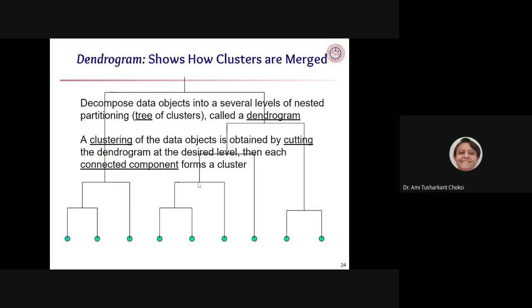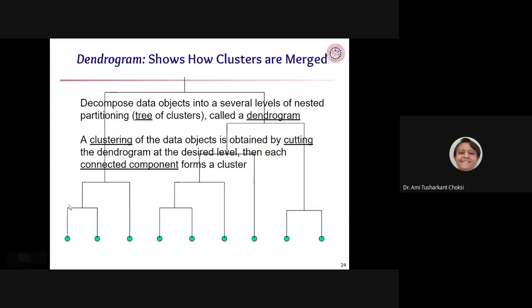So what we'll be having is D, E and say F. Then here say we are having G. So it will be D, E, F and G, right? After that, suppose here we are having H and I. So D, E, F, G, H, I. And here, what was the case? This was A, B, C. So A, B, C, then D, E, F, G, H, I. So all of them will be combined and that will be in the same cluster, right? So this is called the dendrogram, where we are able to see the objects in several levels, right?